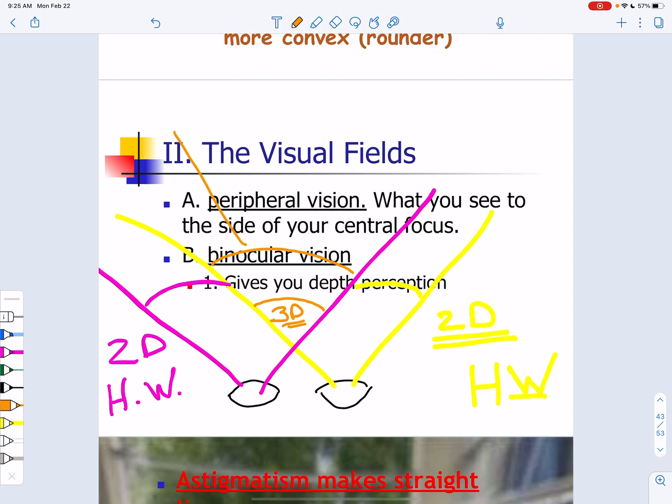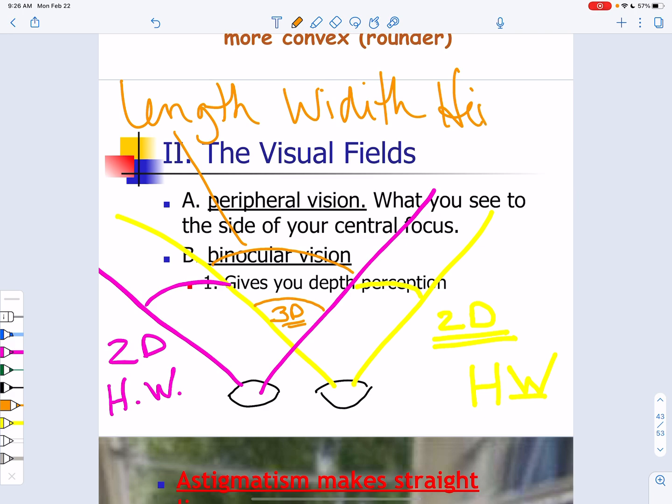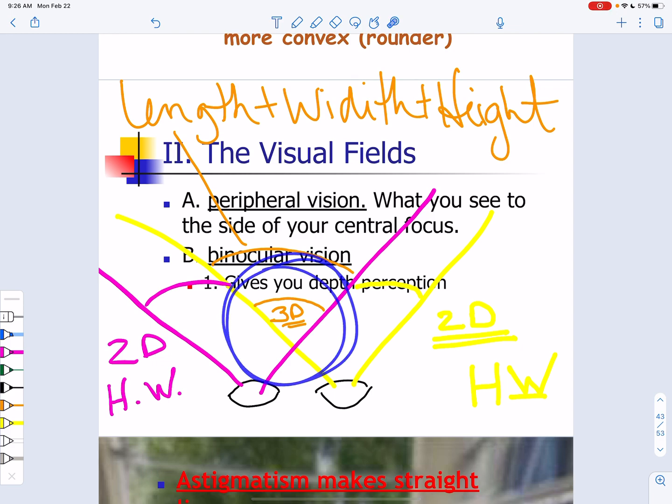That means that we can see length, width, and height. Okay, so it's very, very interesting that we are able to have three-dimensional vision based on the fact that